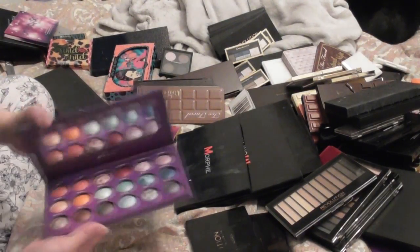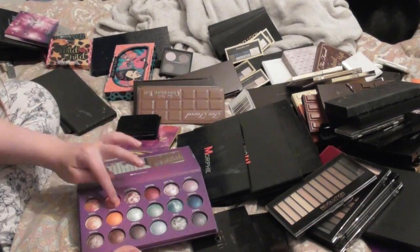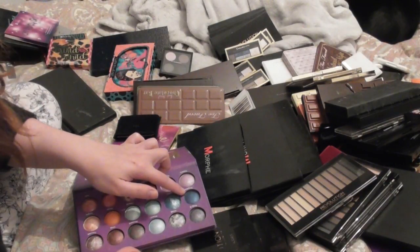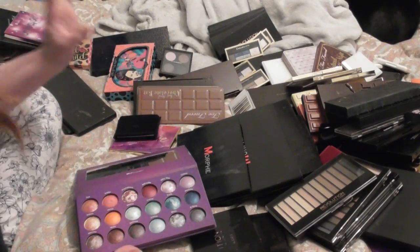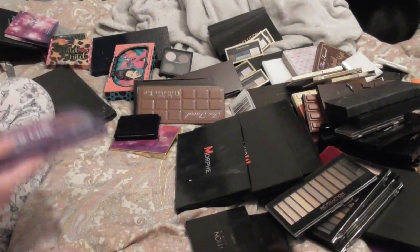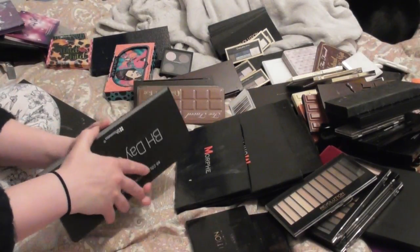We have the Galaxy Chic palette, which I really enjoyed, but to be perfectly honest, I didn't use half the palette. I mean, none of these, and I barely used any of these light blues. I used the navy one over here quite a bit. It's a great palette. I would recommend it. The baked formula from BH Cosmetics is really nice. If you don't use them, you don't use them, so there's no point in keeping hold of them, right? We also have the BH Day and Night palette,